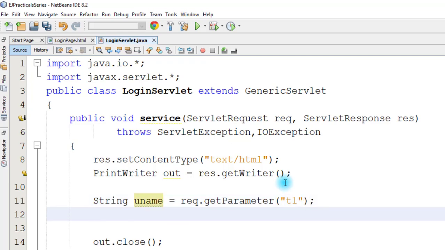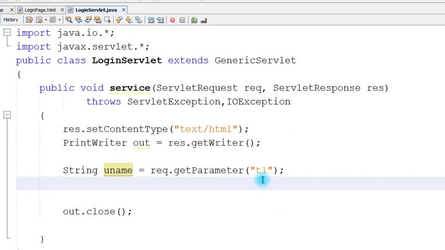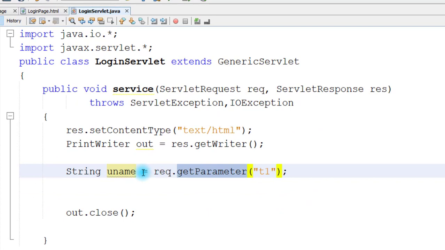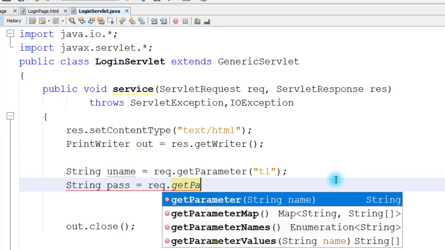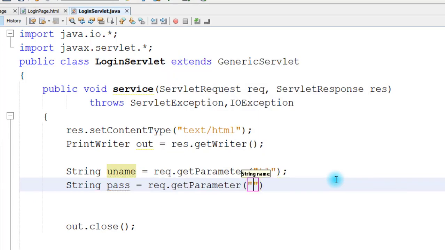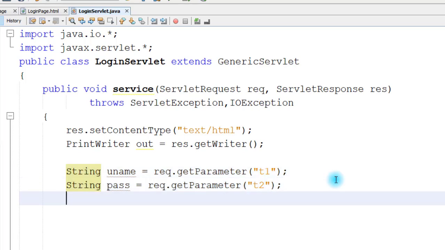So whatever the request sent by the client using this login page in T1, T1 में जो आया है वो fetch होगा, and it is stored in uname. In the same way, String pass = req.getParameter("T2"). These two lines are basically used to fetch the request parameters from the ServletRequest object.